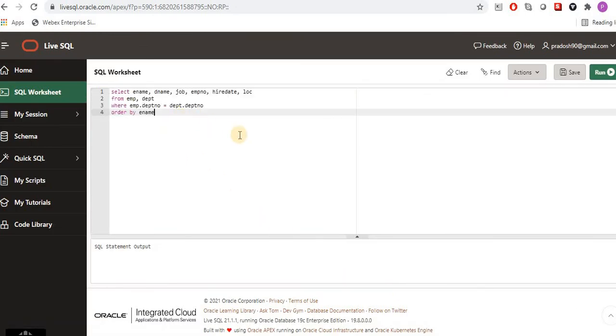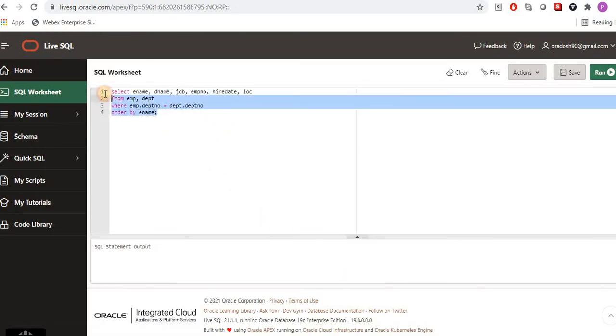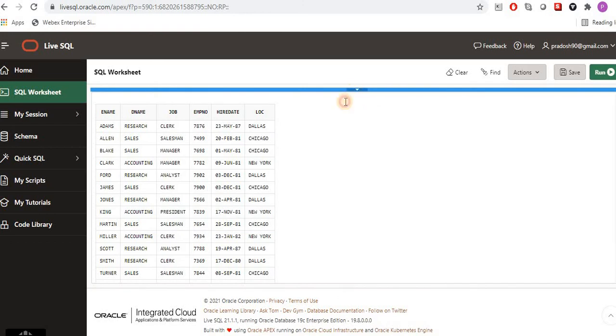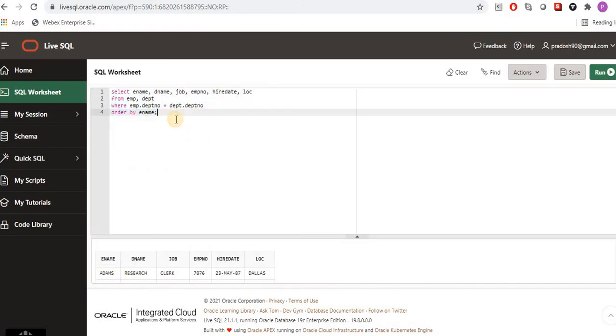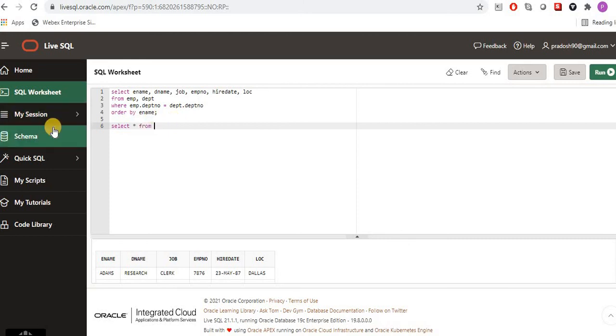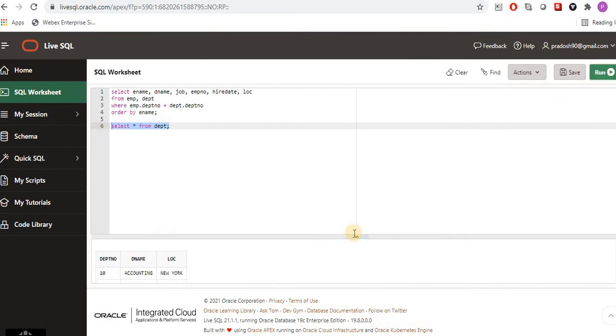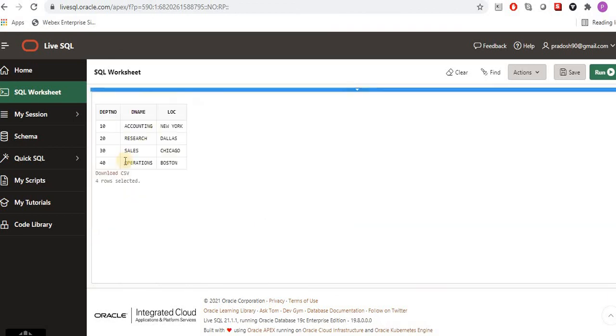Let me run this query. You can see the data has been populated in this join, and we are able to perform the join. Let me also select star from one of the tables. See, you got the rows.